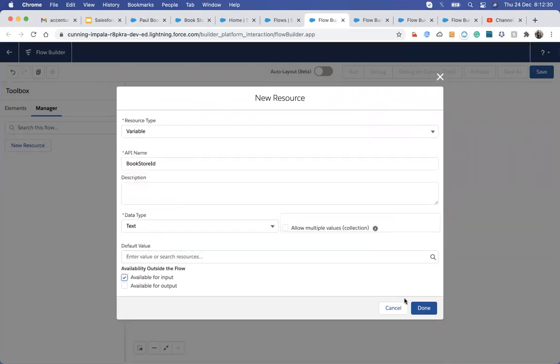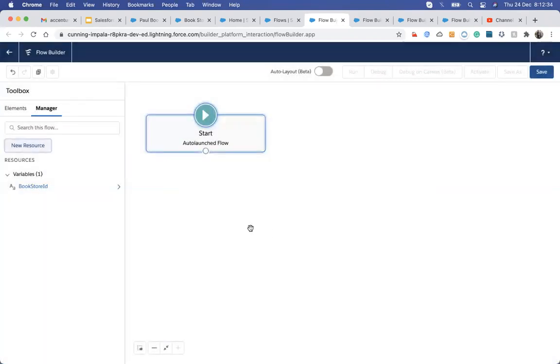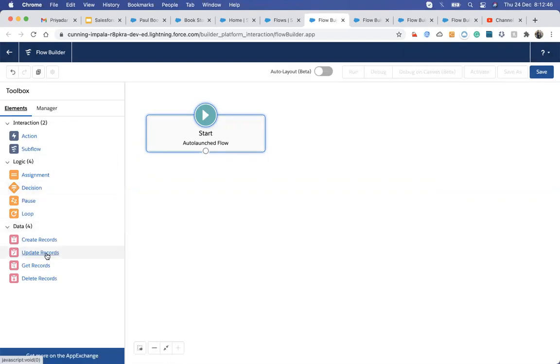I will just make it available for input. So whenever the flow starts, it will ask the user to add the bookstore ID. So I got the bookstore ID.